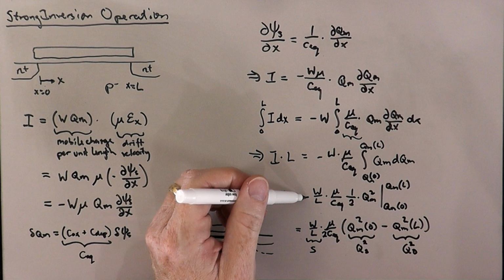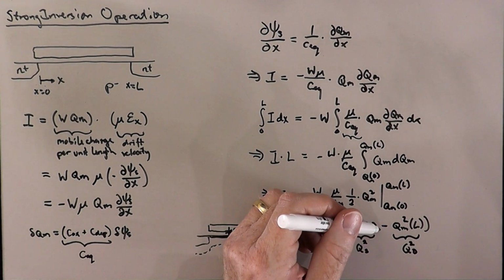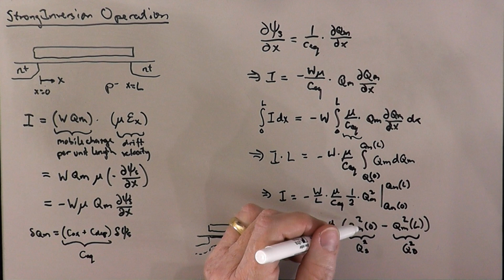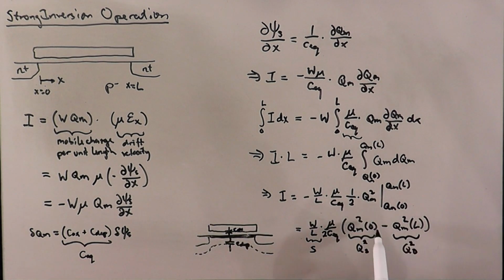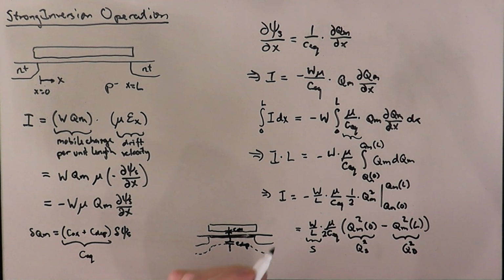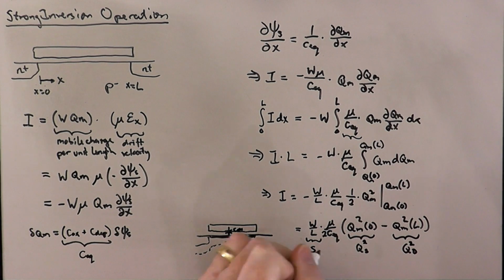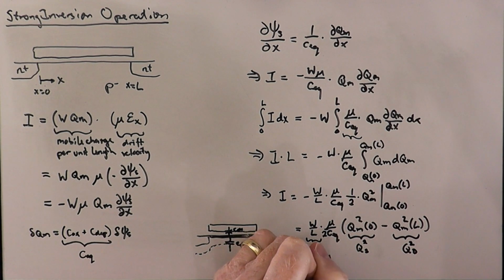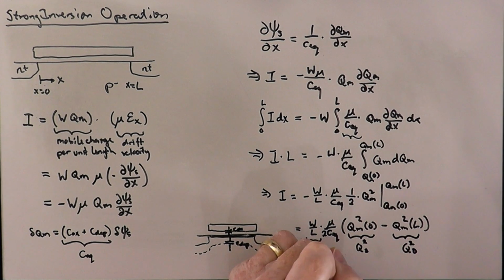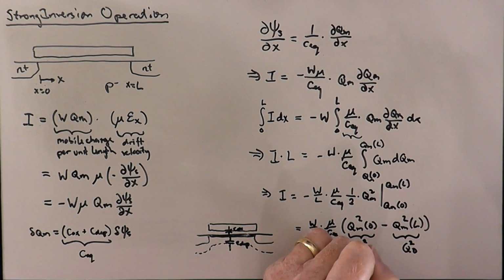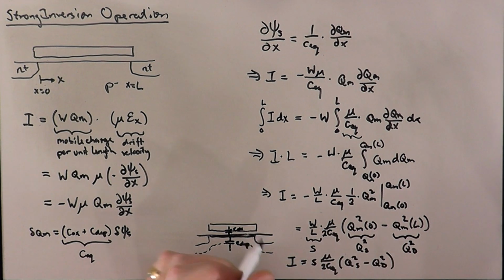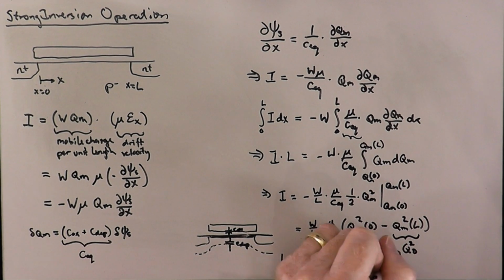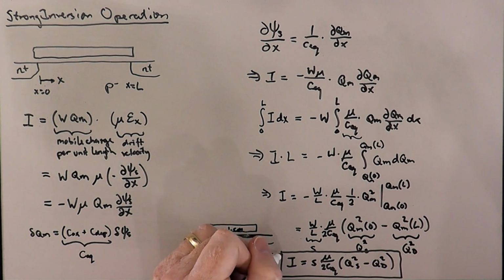Notice here we took the minus sign from up here into the evaluation of this difference, and so we interchange the QM squared at L and the QM squared at 0 to account for that minus sign there. Okay, so this is the current as a function, S mu over 2C equivalent of QS squared minus QD squared. So this gives us an expression for the current in terms of the charge densities, but what we would really